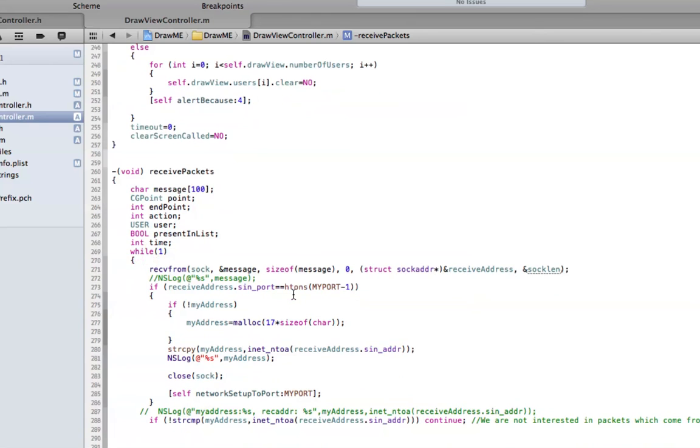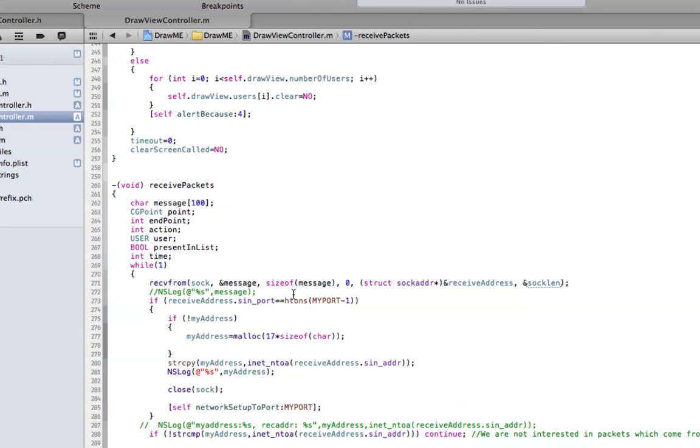Okay. So now our goal is to send some packets which will contain our caller